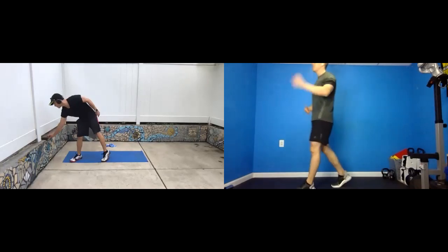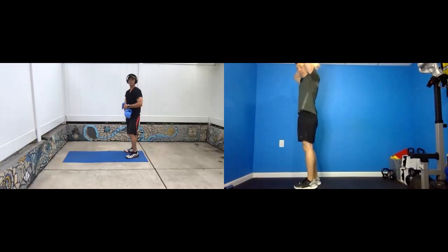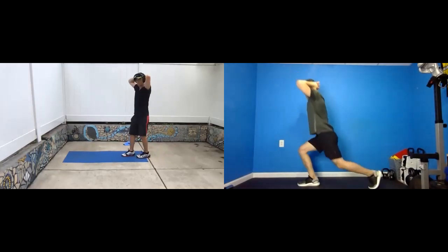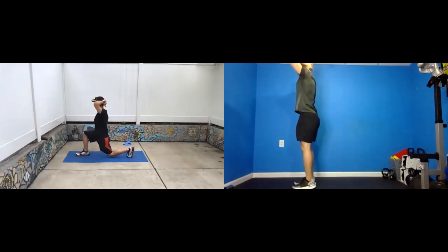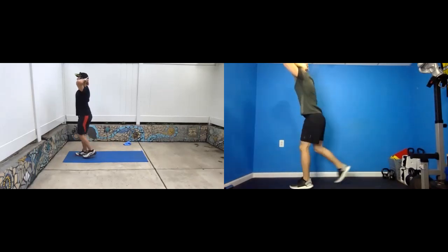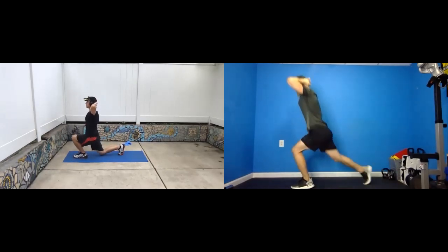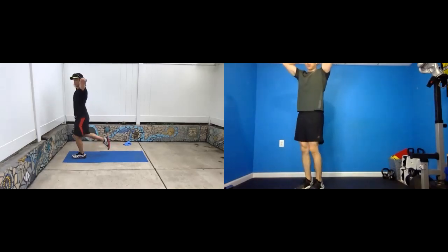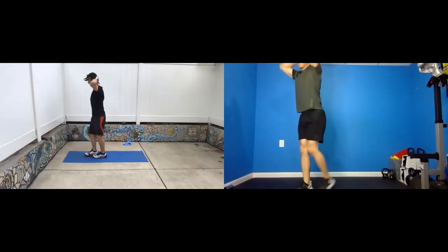Now, nothing finishes off a leg series like a lunge, okay? So we're going to take a step back, hands behind the head, take a big lunge. You can tap the floor if you have the range of motion with your back knee, but just imagine that your back knee is like an eggshell. You don't want to crack that eggshell, all right? Now, keeping your arms behind the head is all about keeping your posture up nice and tall. This is also called a prisoner's lunge,